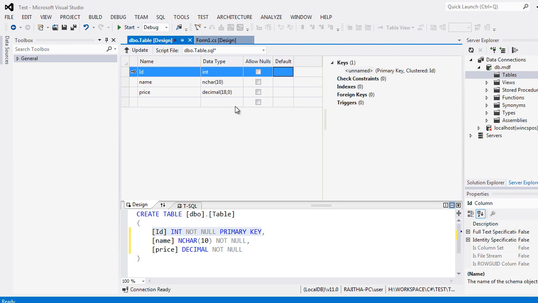So I have created a simple table schema. We will call this my products table,